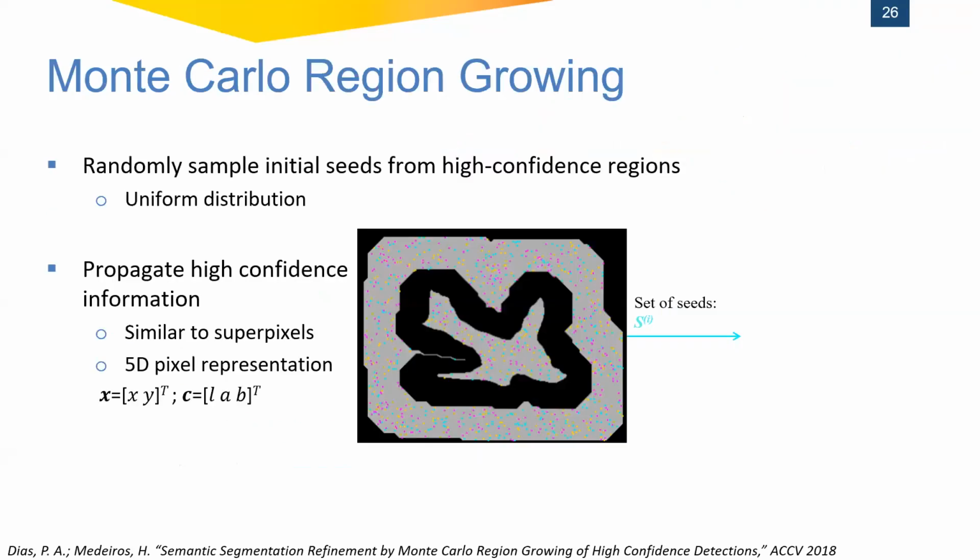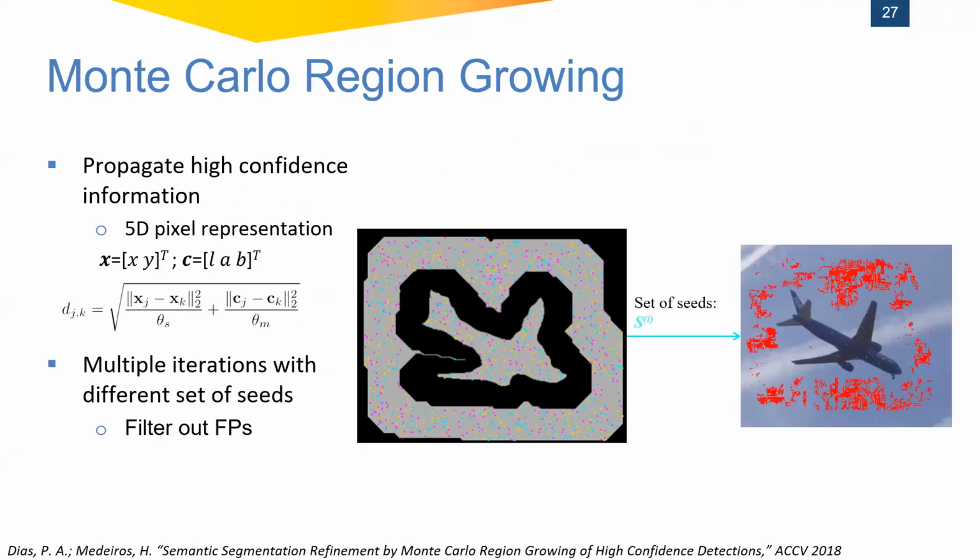How do we do that? We take this high confidence region, now illustrated in gray in this image, and we sample initial seeds from this region randomly. We use a uniform distribution, and we randomly sample some seeds that we grow from in a region growing procedure that is very similar to the concept of superpixels, in the sense that you can think of each of these seeds inside your high confidence region as an individual agent that is searching for neighboring pixels that share the same color as them and are very nearby and connected to them. So those seeds grow based on the similarity criteria, as illustrated in this